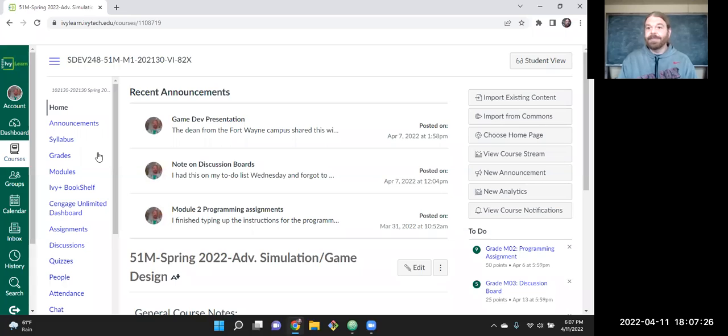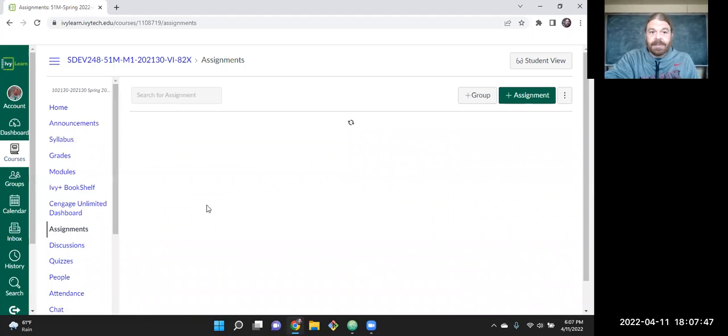In some of your other software development classes, you probably remember a common thing with the submission is to take a screenshot of the program, right? Put your program together, run it, take a screenshot, and submit that showing that the program runs. That doesn't quite cut it for a game. I think I put it in the programming assignments here.